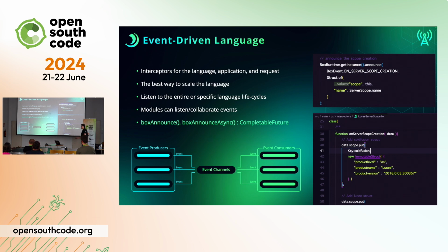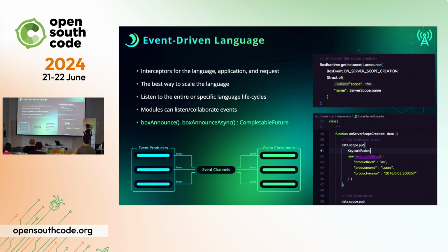Okay? You can also announce events on your own. So you can say announce, box announce. You announce an event. You can even say box announce async, and it will give you a completable future. Okay? And then you can actually deal with basically the result of that computation whenever you want. And here's an example here to announce an event. I basically say, runtime, I want you to announce an event, and I'm passing a structure of information, which is the data. Okay? There is no response, because these are asynchronous. They are just sent. Okay?